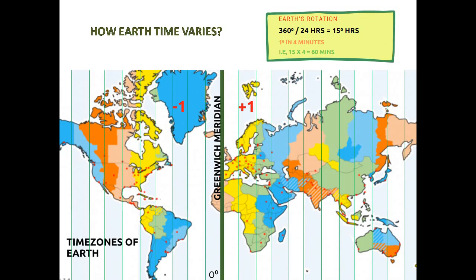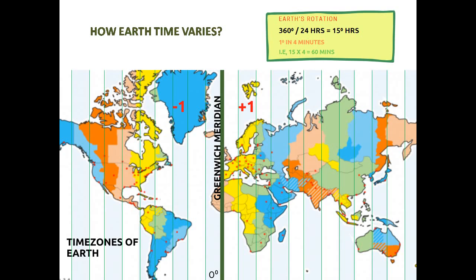We have time zones across Earth. We know the sun is the best timekeeper. In olden days, when the clock was not invented, the local time of a region was calculated with the help of the sun. When sunlight is overhead, the local time of the region would be noon. If you observe, a shadow will be short at noon and longest during sunrise and sunset. When the prime meridian, that is the Greenwich location, has the sun overhead, all places that are to the right of Greenwich will be ahead of time. Similarly, places that are to the left of Greenwich will be behind in time. And all places on the same meridian will have the same local time.